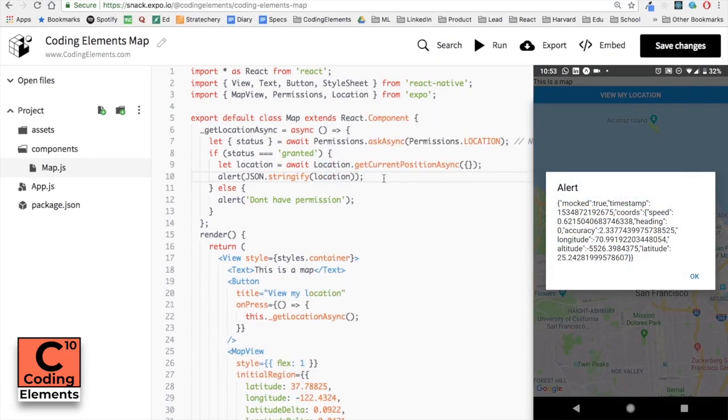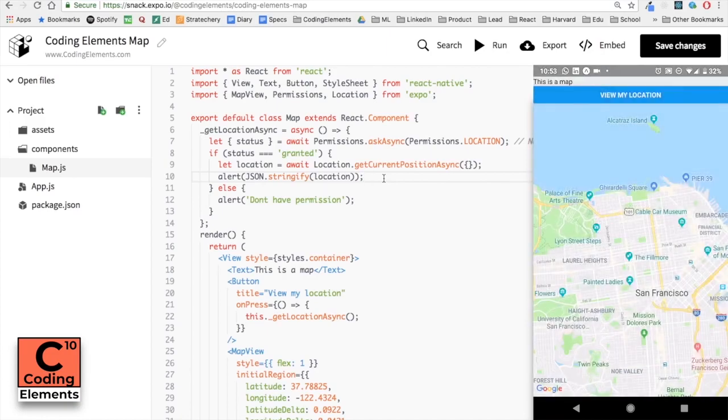So now we can see that by tapping on the button in our app, because we have already taken permission from the user to access their current position, that pop-up is not shown again, and directly we are accessing the location of the user, and we have alerted it here. Inside the alert, in the JSON that has been printed, we can see that latitude and longitude are available inside the key named coords, or coordinates.